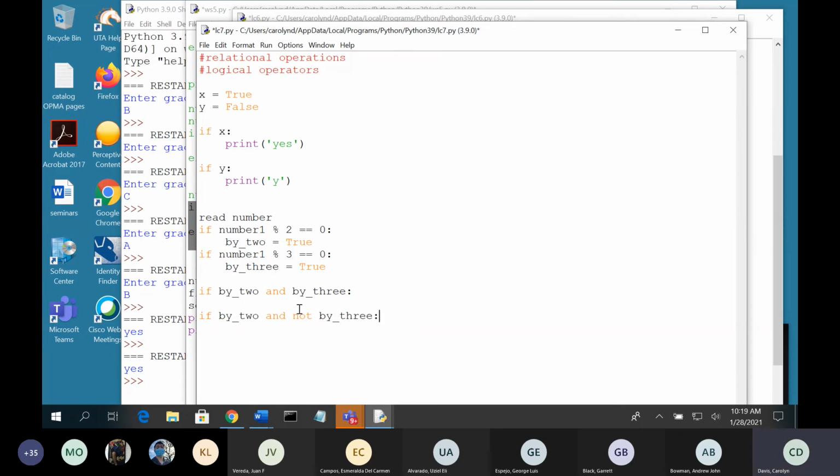Okay. Now, not basically says the opposite. If by 3 is false, this sets it to true, so it will turn this on. Now, this is a little tricky, okay? You got to think about this one. What I would do is I'd do the easy ones first and get those working, and then I'd worry about